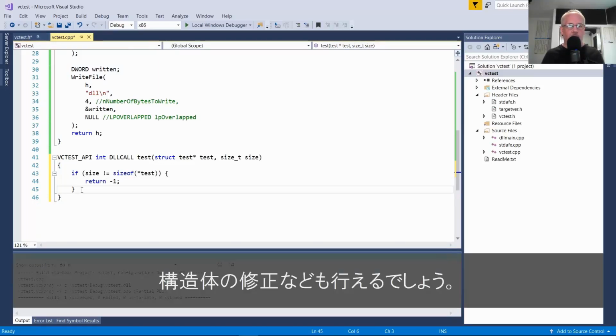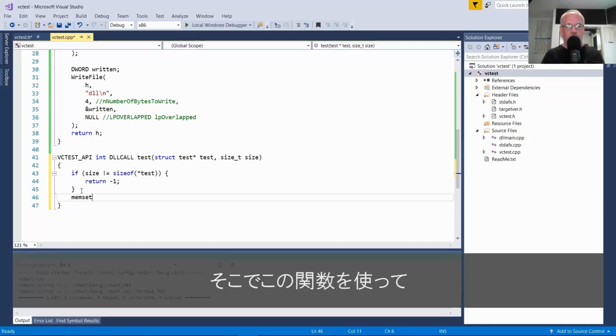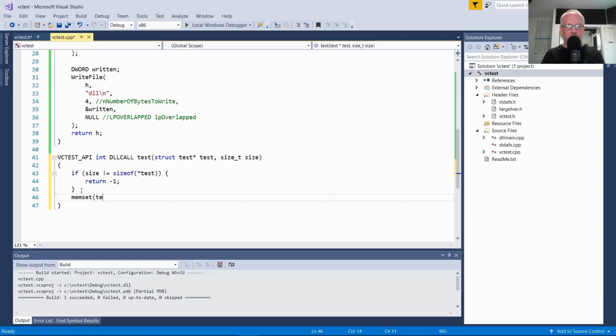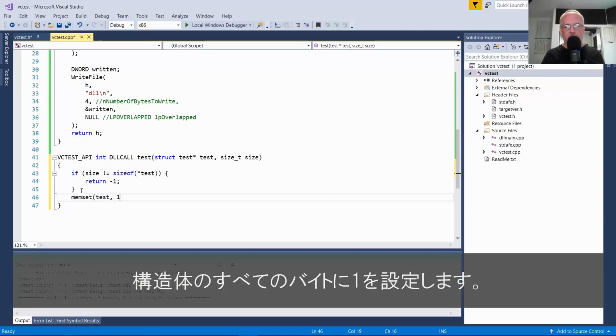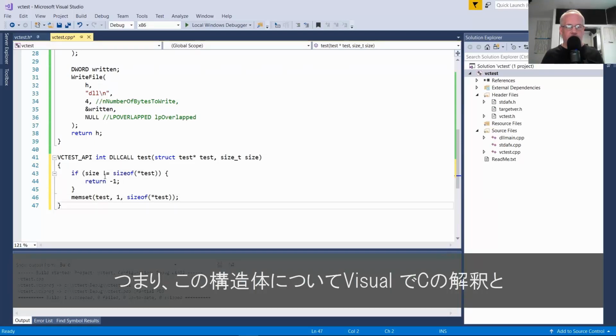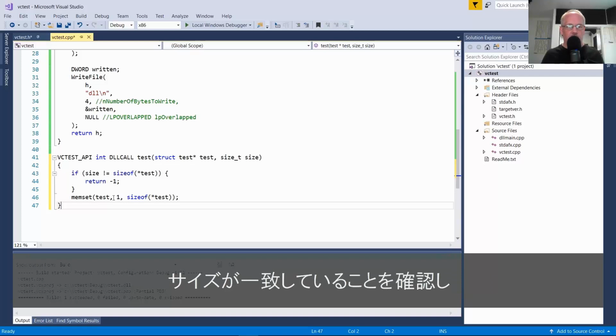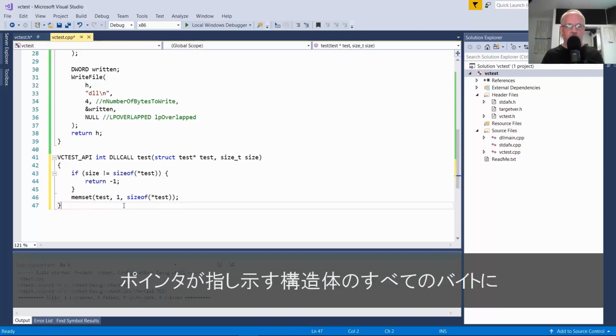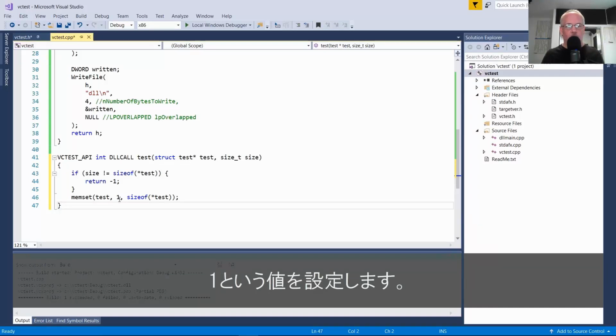We could also modify the structure. So let's say if you call this function, we will set all the bytes in the structure to 1. We'll check to make sure that the size matches the Visual C interpretation of that structure, and then we'll set every byte within that structure, the pointer that is pointing to, to the value 1.